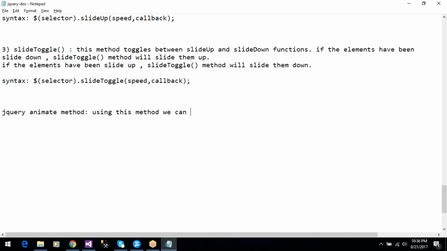Using this method we can create custom animations. Okay, custom animations, and the syntax is